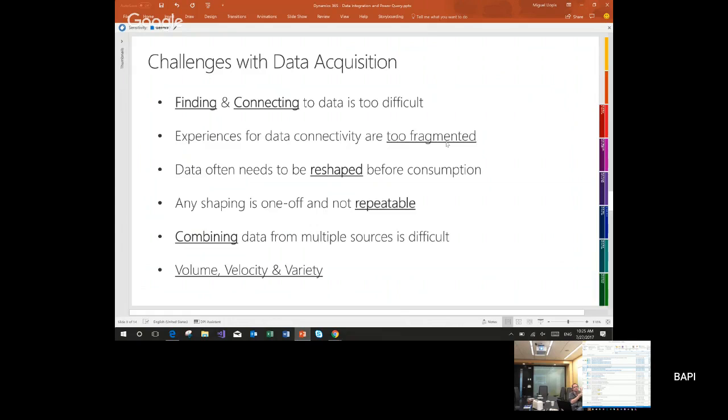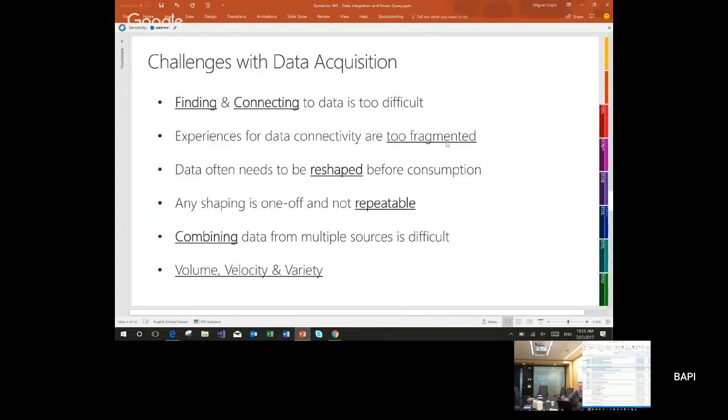So the data acquisition challenges, whether you're trying to load data into, let's say, Power BI for building a report, or CDS for actually populating entities into the common data service. Some of these challenges, you're probably very familiar with them if you've been working on data acquisition and data analytics projects, is that connecting to data is difficult. There's many different data sources out there to connect to. Each of them might probably require a different skill set for understanding the tools to query those systems. Even in some cases, you might actually have to learn query languages.